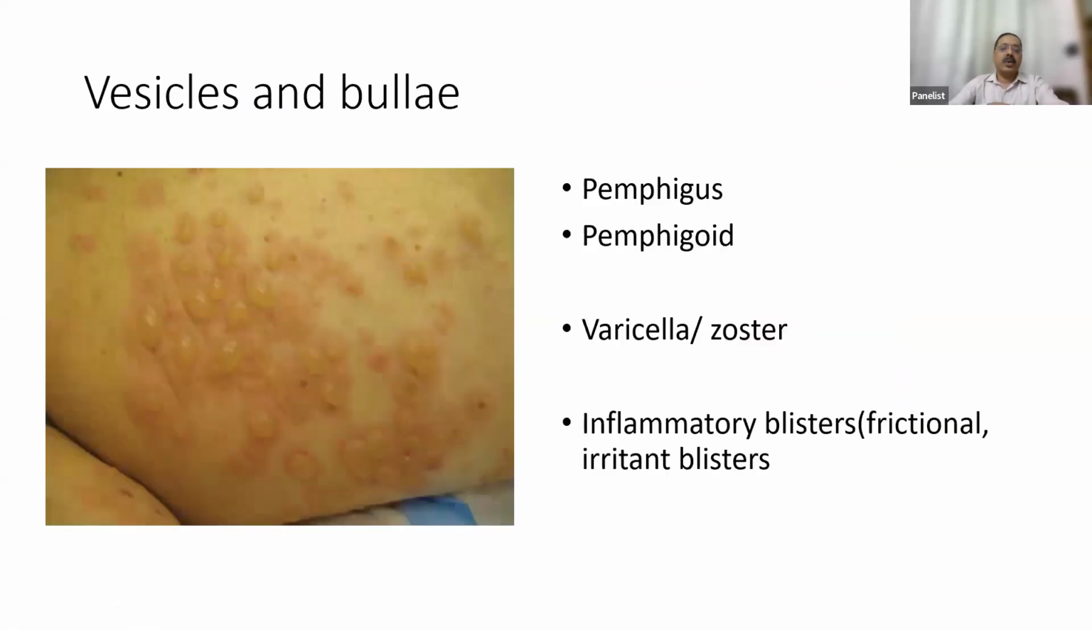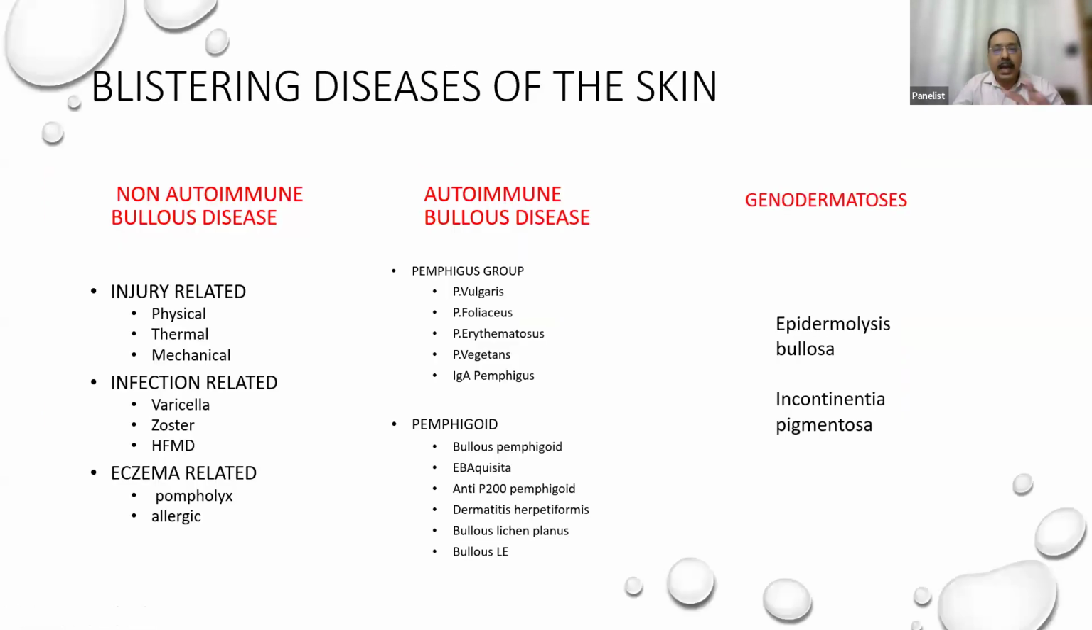Now coming to vesicles and bullae. A vesicle is a fluid-filled lesion which is less than 1 centimeter in diameter. This is a classical vesicle, and this is a bulla, a fluid-filled lesion which is more than 1 centimeter in diameter. It's a clear fluid. So commonly seen differential diagnoses are these which are put up in your request forms. But there is no formal classification of distinct diseases of the skin. So I have an arbitrary classification